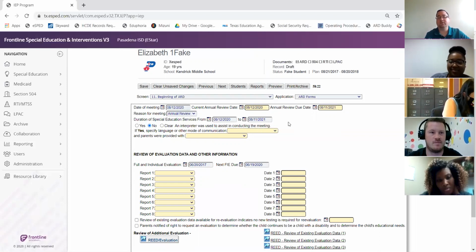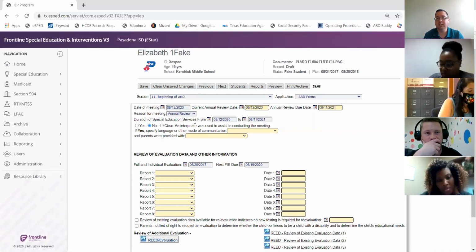So I'm just going to make sure I go from ARD date to ARD date. And then I answer, is an interpreter needed? Yes or no. There are a lot of students in the district who need an interpreter. It's typically Spanish. It's typically your appraisal clerk on your campus that speaks Spanish and will translate or interpret those ARDs for you. If it's a language other than Spanish,